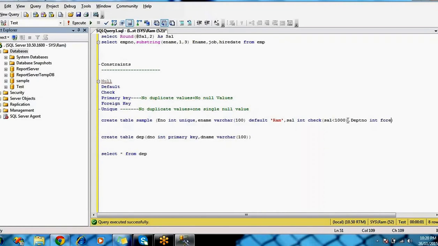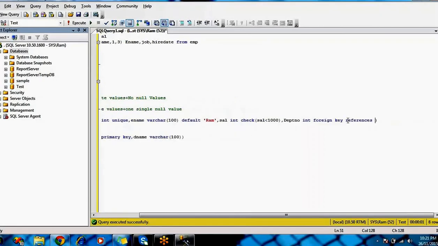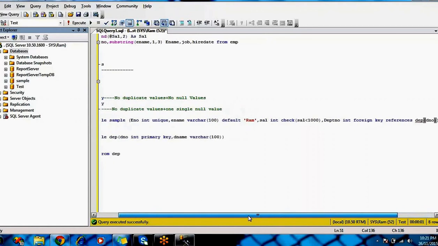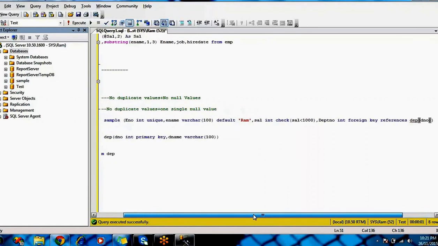foreign key, references. Which table column is it referring to? The department table's D number column. The table name is DEP. What happened here exactly?